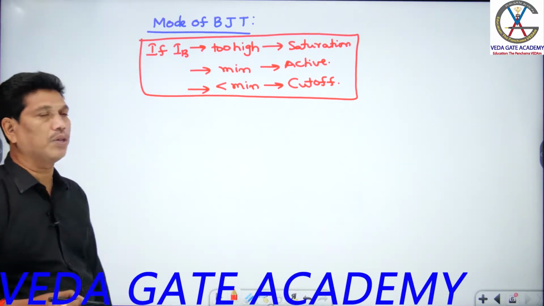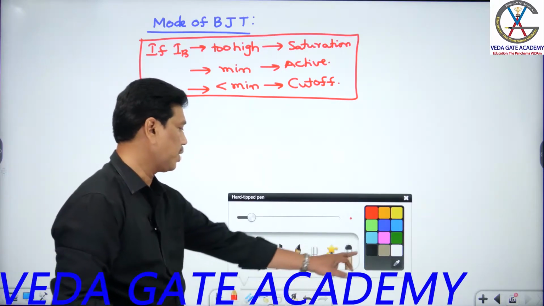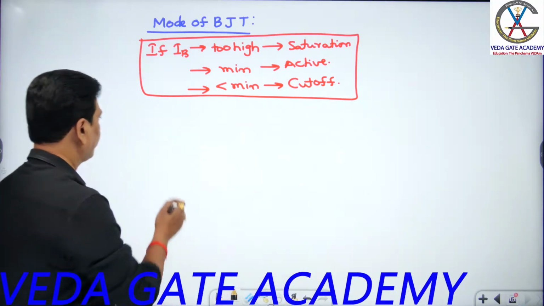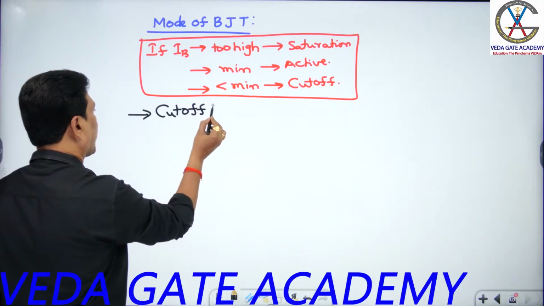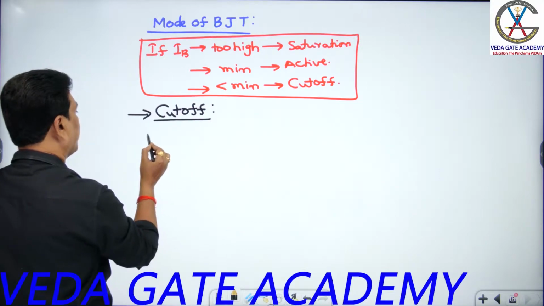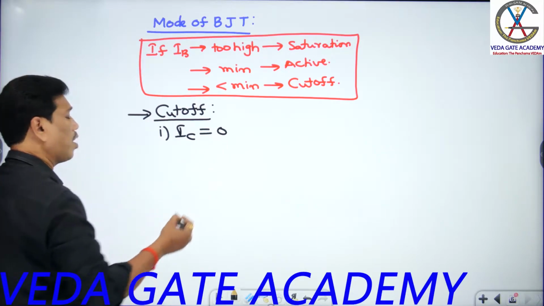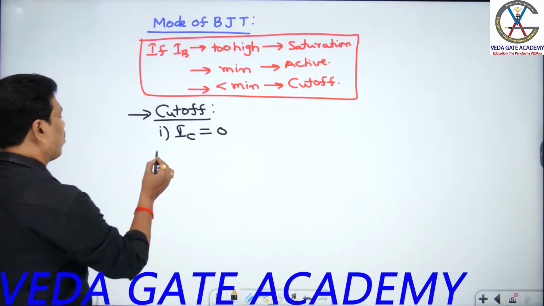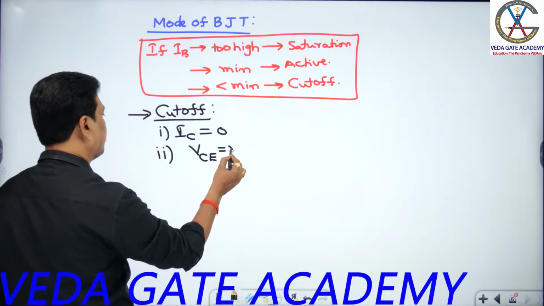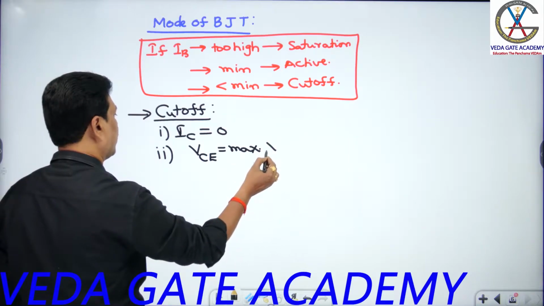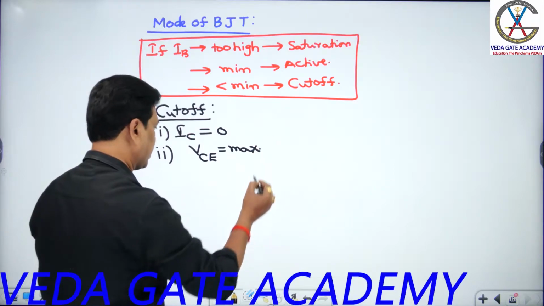Other than this, you can also express this one, students. Now the conditions of cutoff, saturation, and active, all that I go. First of that one, students, cutoff mode I told you. If you go for cutoff mode, BJT acts as an open switch, students. There, majority collector current is 0, ideally; minority current flow should not be accepted. And whatever that VC is, students, VC equal to maximum, that equals the supply voltage, you can call. Confirm, students.